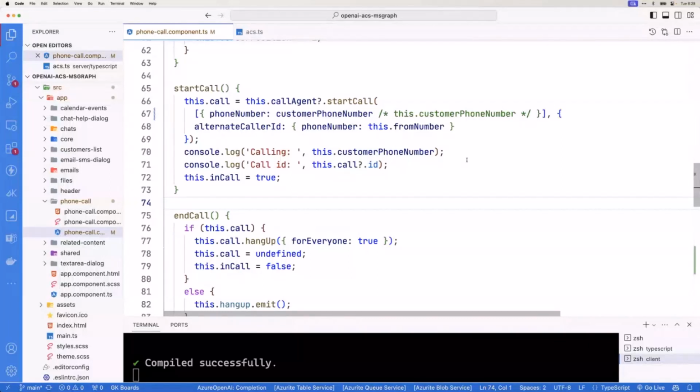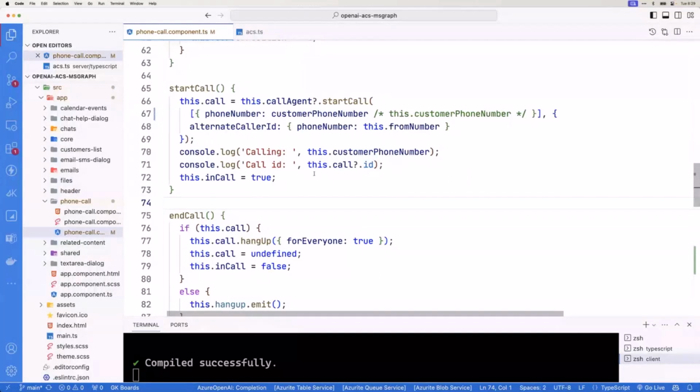Not a good look. But anyway, this call agent that you see right here, you see how careful I am to go around this now. We're going to just hit start call. That's it. And then it's going to take what is the phone number we want to call. You'll notice, though, we can pass an array. So you can do multi-type calls. And then what is the alternate caller ID? Well, the from number, that's my 833 or whatever your toll-free number you set up or local number. That's what that number is. All right, so super simple. You need who you're going to call, and then who's making the call.